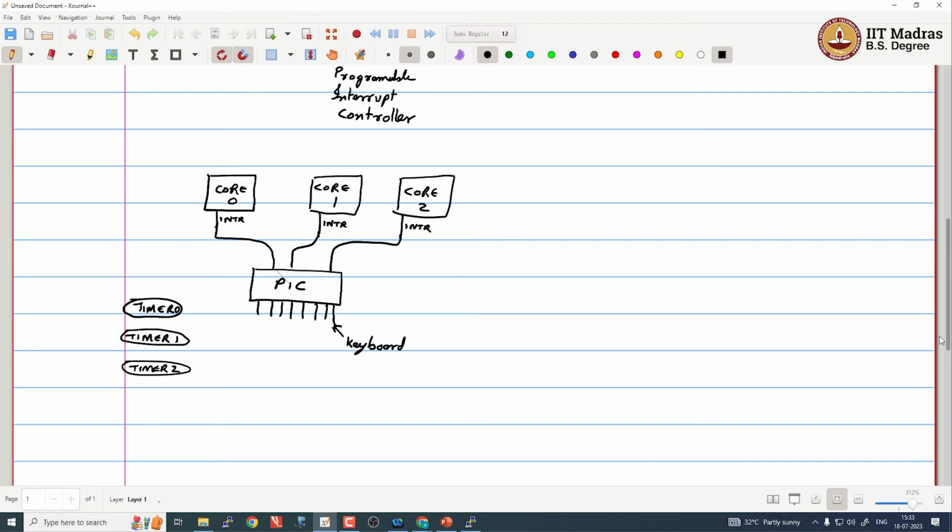Right. So, one way is that each of these timers is connected to the PIC. The interrupts from timer 0 are targeted to core 0, the interrupts from timer 1 are targeted to core 1, and those of timer 2 are targeted to core 2. Each of these cores would independently service the timer interrupts, run the scheduler, and choose a